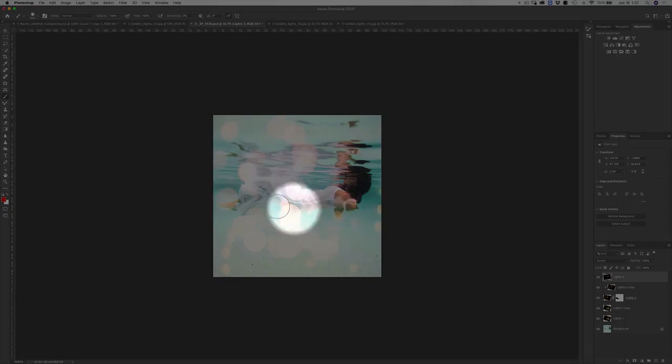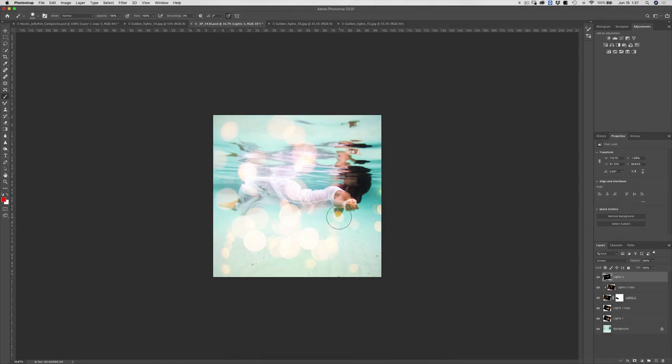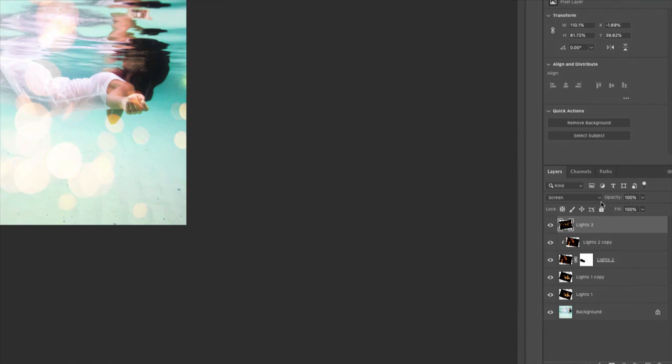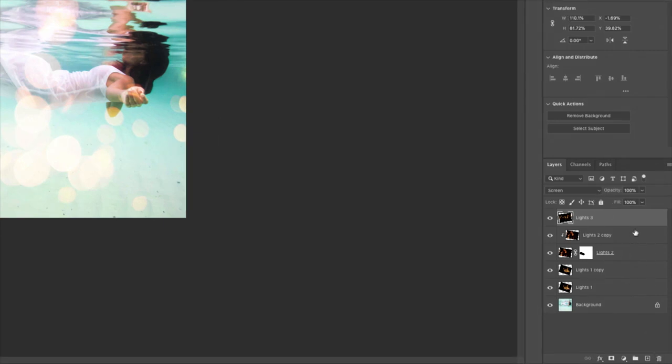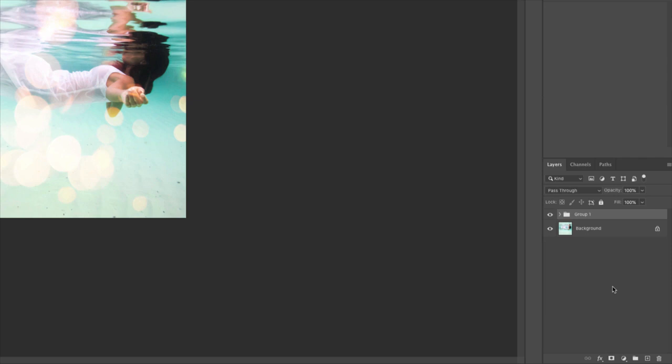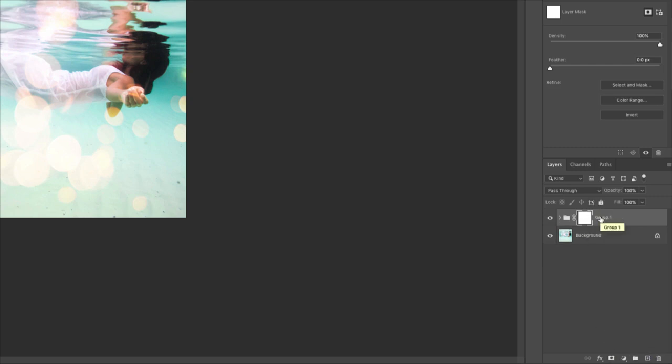But there are also a couple of lights over here on her elbow and on her foot that I want to take off of my model. So what I can do is our last step is going to be to create a group with all of our layers. So let's hold down Shift. Let's select all of our lights layers, and then we'll hit Command or Control plus G to create a group. Now let's add a mask to that group, okay? And we can name this and label it Lights Group.